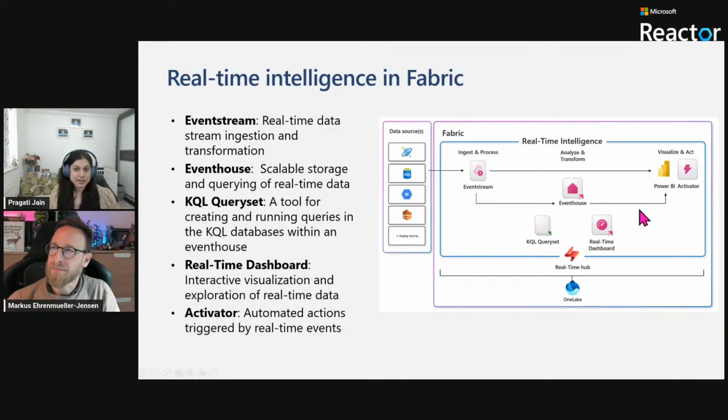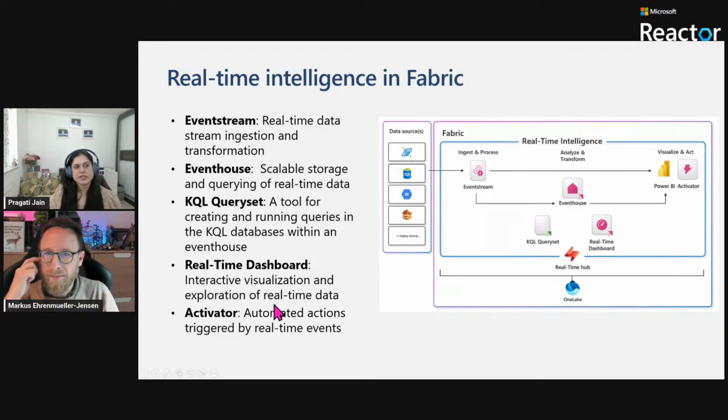And once that is done, then you can further feed that data to, say, create a Power BI report, or you can create some alerts on your report based on some kind of activity or patterns happening within your data. Or you can also create a real-time dashboard, which gives you a real-time insight on what's really happening with the data over streaming. So this is a very quick diagram around it.